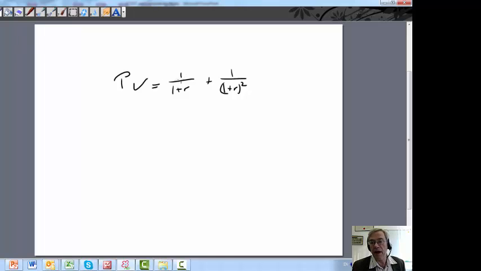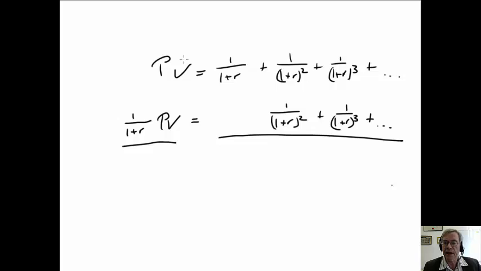That perpetuity would have $1 discounted for the first year at 1 plus R, plus $1 discounted for the second year at (1 plus R) squared, $1 discounted for the third year at (1 plus R) cubed, and so on ad infinitum. Now if we take the left-hand side of this formula and multiply it by 1 divided by 1 plus R, the discount factor for the first year, and we take the right-hand side of the formula and multiply it by 1 over 1 plus R, the discount factor for the first year, then we find